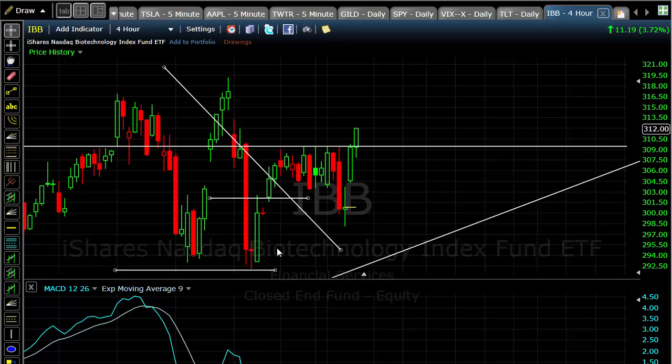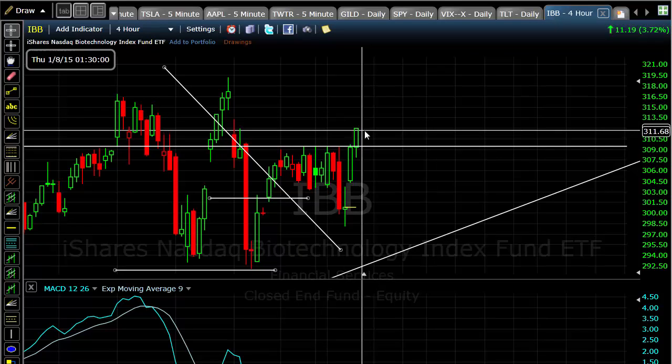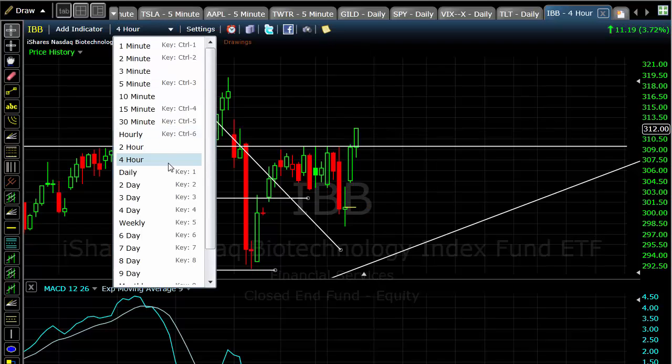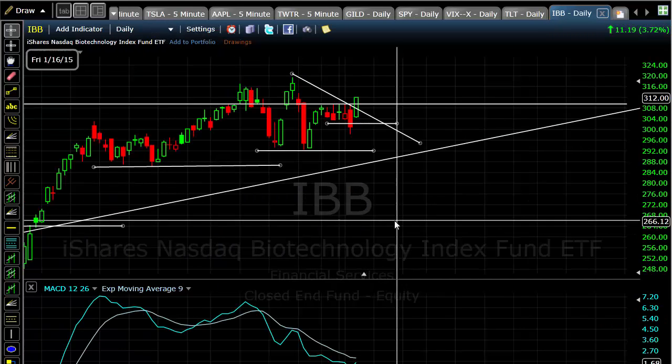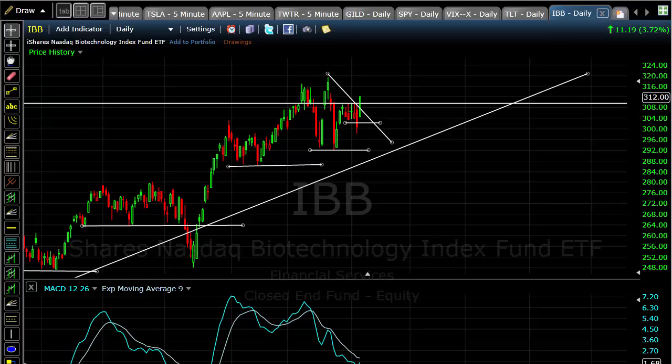and possibly break down. This is a 4-hour chart we're looking at, and it's been basing pretty well on the 4-hour chart, and it's recently broken out. I like the biotechs a lot. If you have to be long something, definitely be long biotech. This has been putting in bases